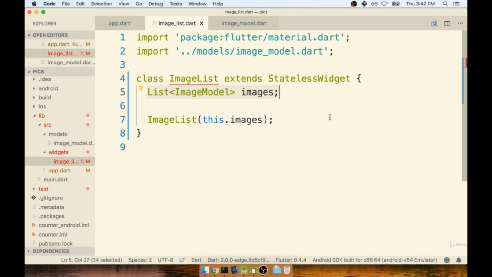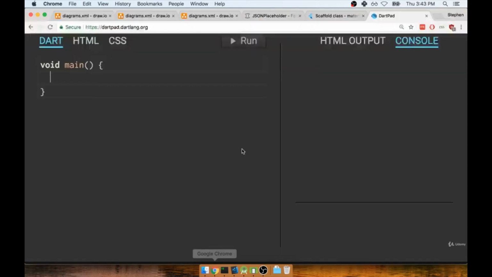In this section, we're going to talk about a quick side topic. Once we learn about this quick side topic, we'll then come back over to the image list and talk about how the side topic applies over here. So, side topic. I'm going to pull open Dartpad very quickly, and we'll talk about a new piece of Dart